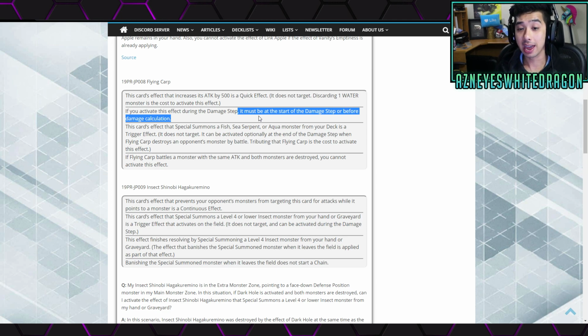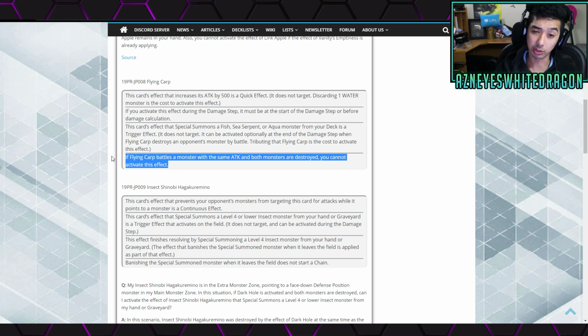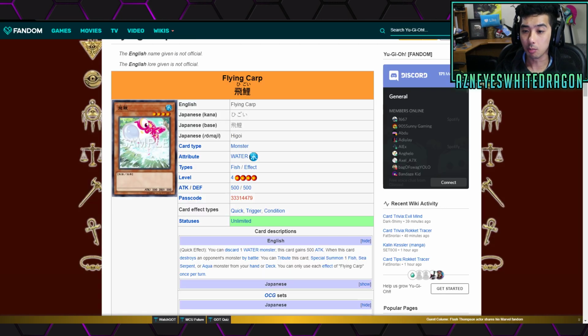But on top of that, the effect that special summons a fish, whatever, aqua, from your deck is a trigger effect, and it does not target, and it can be activated optionally at the end when it destroys. And the most important part is tributing it is a cost for the effect. And another thing, I thought this was kind of self-explanatory, but if you attack a monster that happens to have